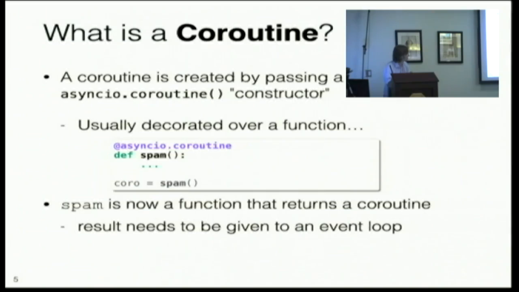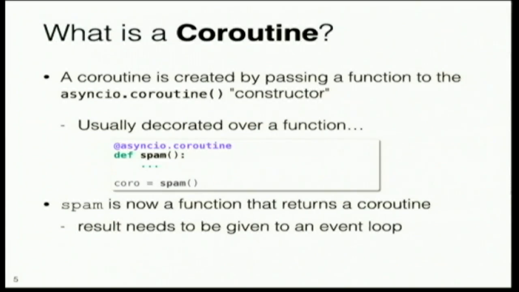And so how do we create one? Right now in Python 3.4, you create one by using the asyncio.coroutine constructor, and you usually just decorate that over a function that you've defined. So we have a function spam, and right now it is a coroutine. It's interesting, though, and something that you might not realize is that if you call spam, you do not actually call the contents of the function. What you do is create a coroutine generator that is given to the event loop, which will eventually execute the code. So asyncio actually has a function,